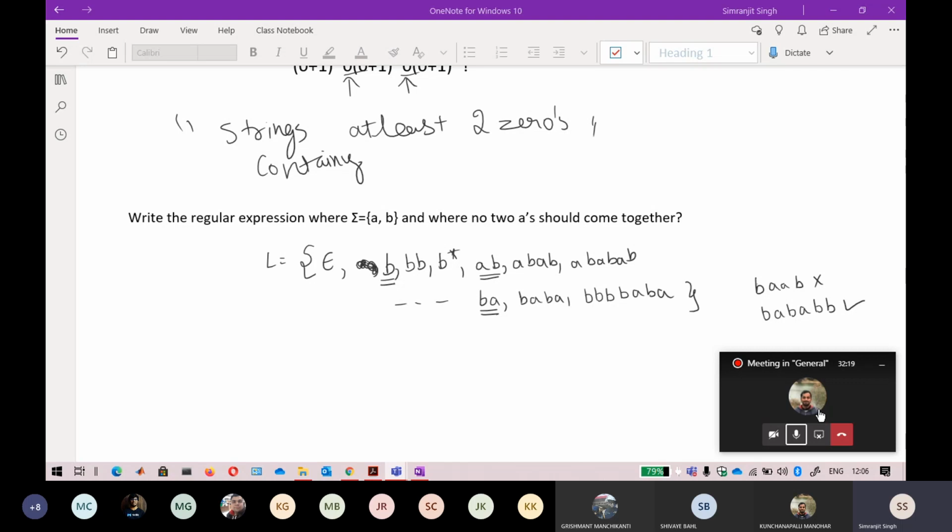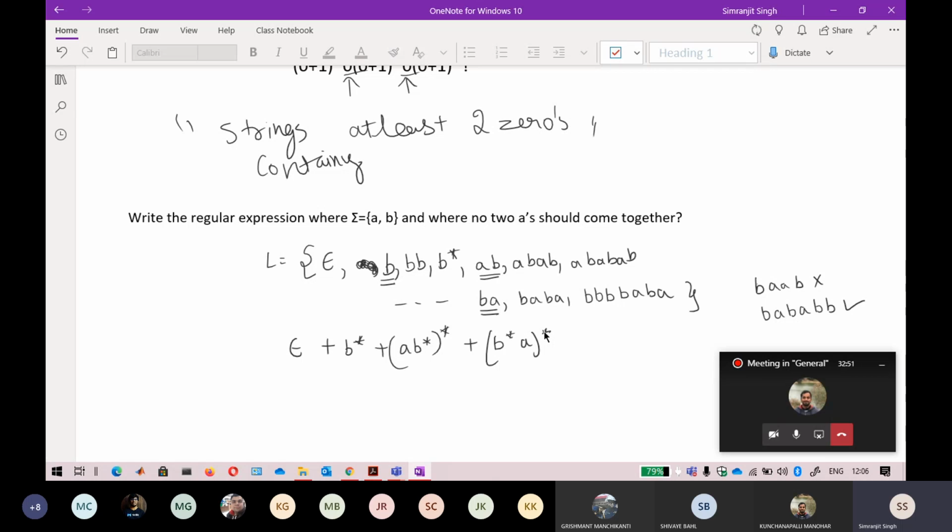Yes, I think I got one solution. Let me take a look at it. That is epsilon plus b star, so that is absolutely correct. Epsilon will be part of the language, followed by b star, and followed by b star followed by b. So it is saying that any number of b's can come. After that, a b can also follow. Mayank has taken all the building blocks.